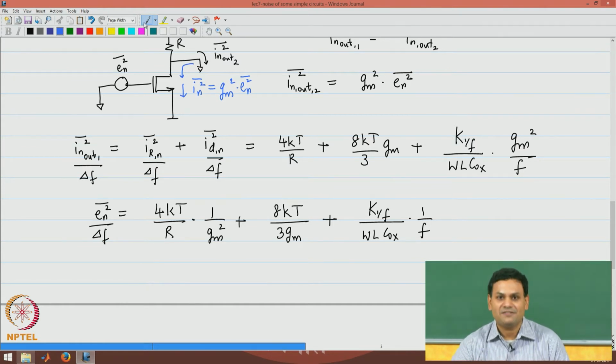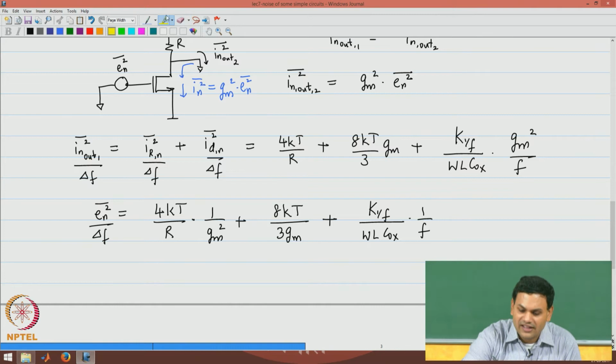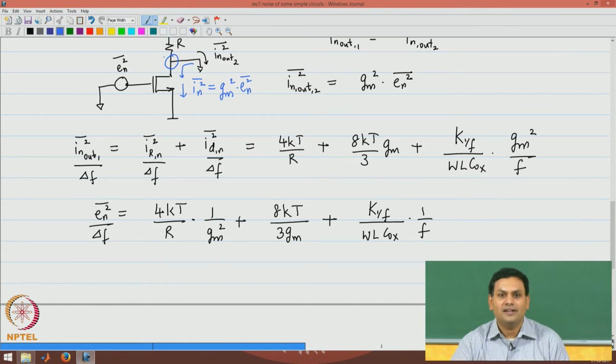It is perfectly fine to consider the output node as an open circuit and find the output referred noise voltage and divide it by the overall voltage gain of the circuit. In other words, you find the output referred noise voltage in both cases, with and without En, equate the two, and determine the value of En squared. You may rest assured that you will get the exact same value in both cases.